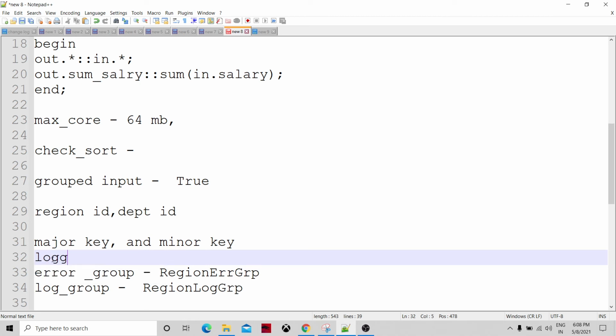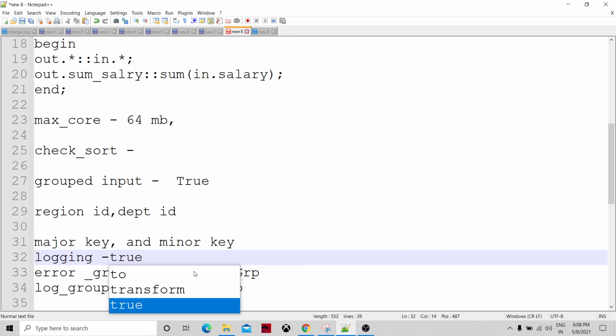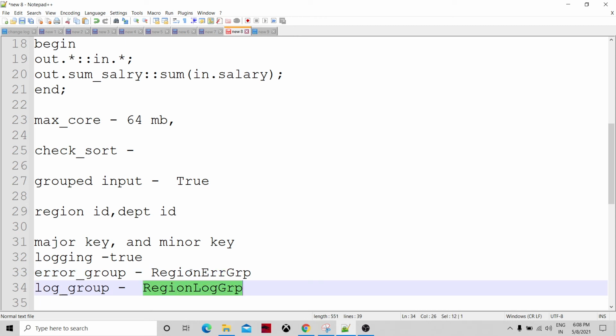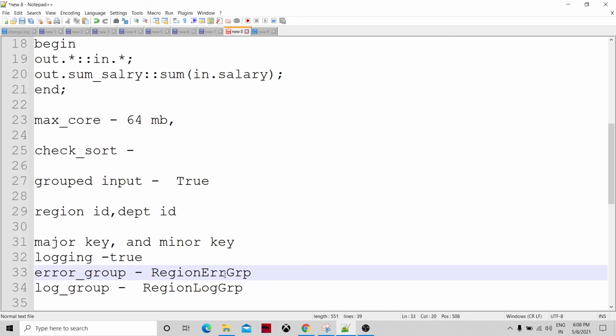Logging should be true in that case. If you are enabling the logging, we can specify the error group and log group, so that these groups can be read by the error handle and log handle components.